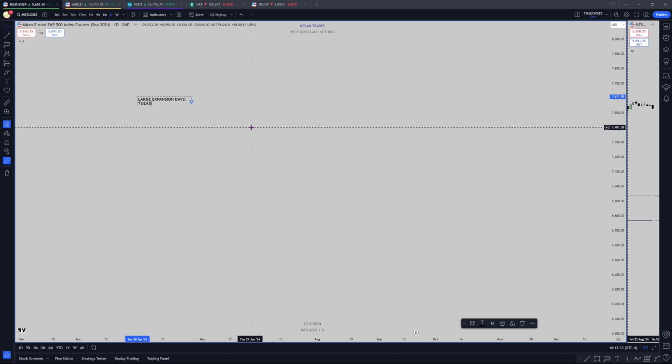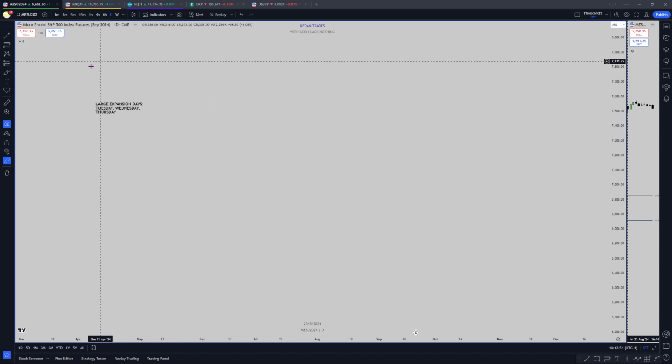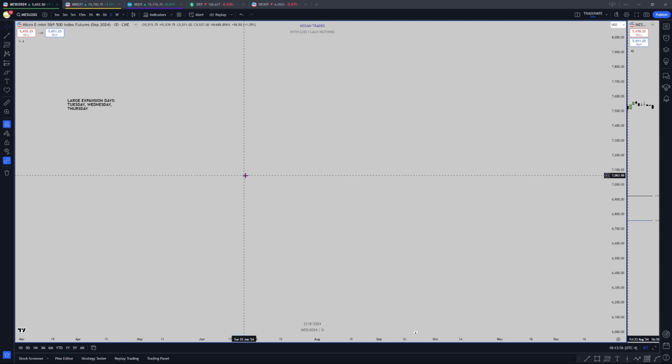So Tuesday, Wednesday, Thursday. These are days that you typically want to look for expansion. So after I do this, I usually either go light risk or I completely just let Monday print,